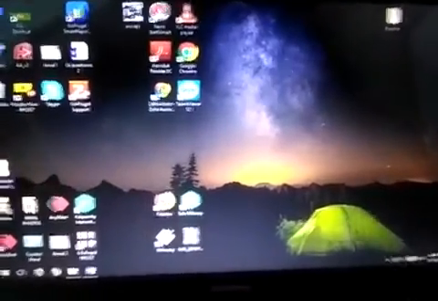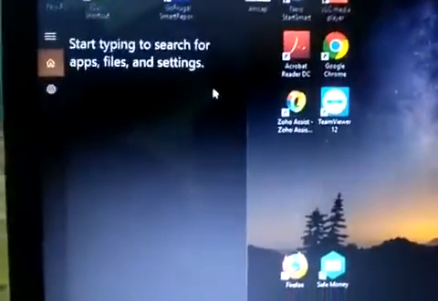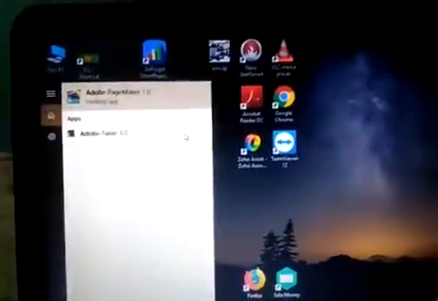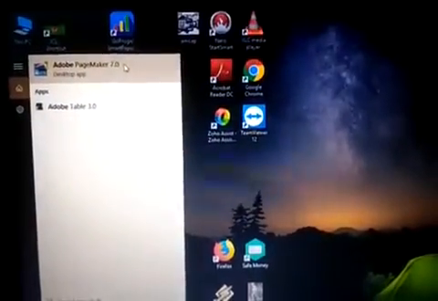So first we have to go to Start. Let's start. We are going to type Adobe PageMaker and enable it.